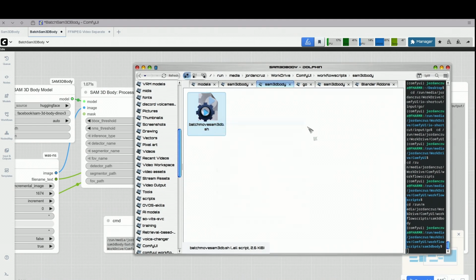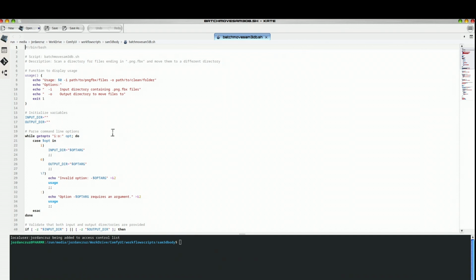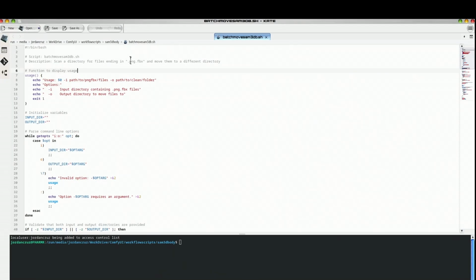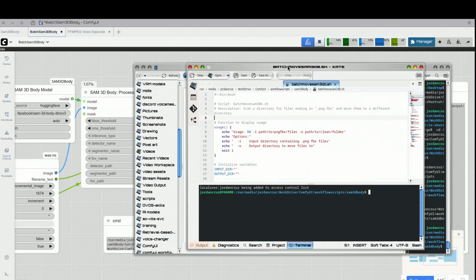All this script does is move a file from one place to another. It scans a directory for files ending in .png.fbx, because every file that comes out of this batch will always end in .png.fbx, because it's processing from a PNG to an FBX. You could actually use this in a normal terminal if you needed to, because it uses the same exact syntax as